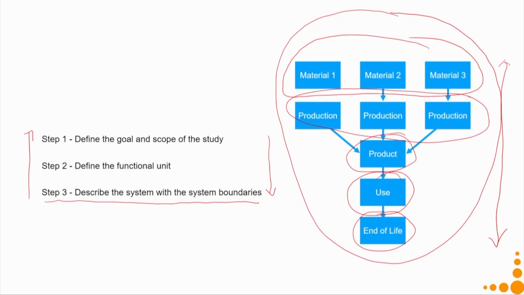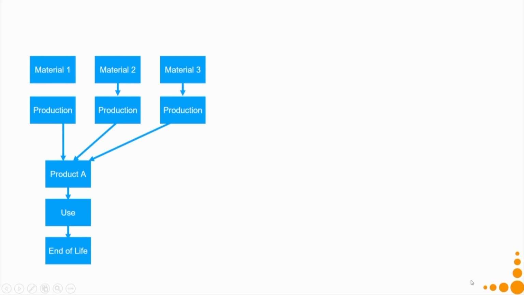Now, coming to byproducts and waste. Here you can see this one was our first initial very simple system definition. Here you can see all these 3 materials after this production process go into one particular product, but usually that is not the case. What we will get is byproducts as well as some waste. So, we need to also see what is the impact caused by them. Now let us discuss how we take into consideration the impact of byproducts and waste.